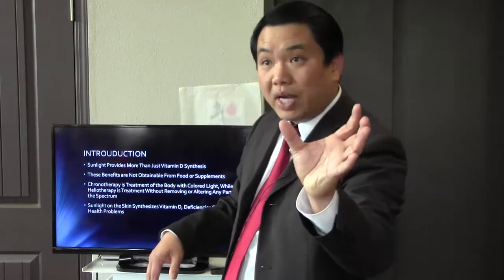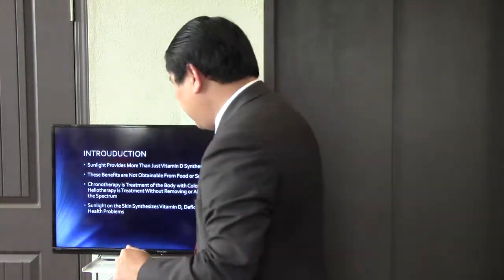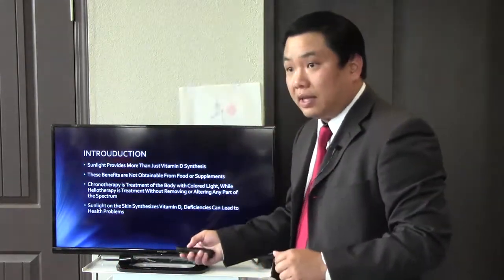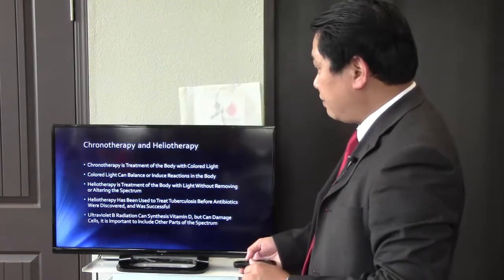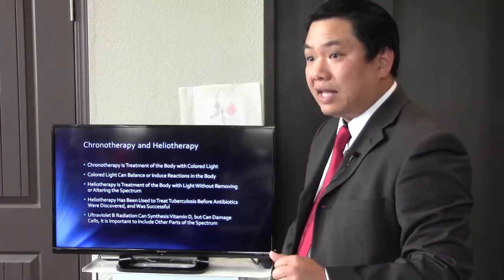I want it to be seeing a 60. So the ratio is from 30 to 100. Okay, I want you to see at least 60. So it's very important. So sunlight is vitamin D. Phototherapy is just like using UV light.